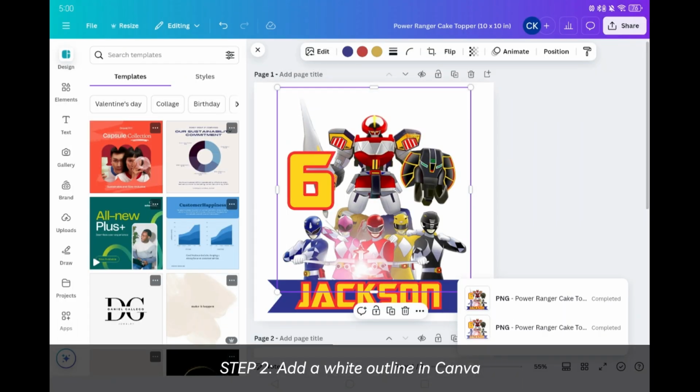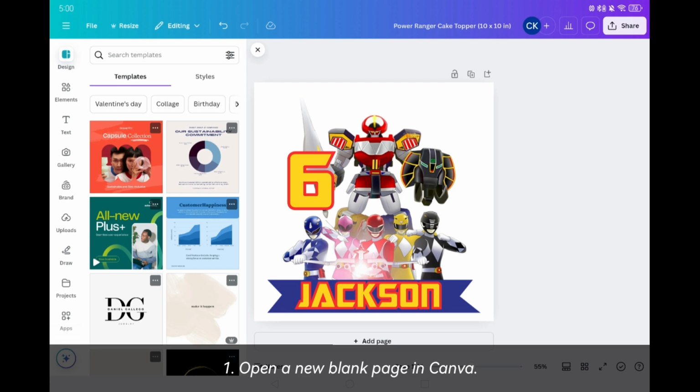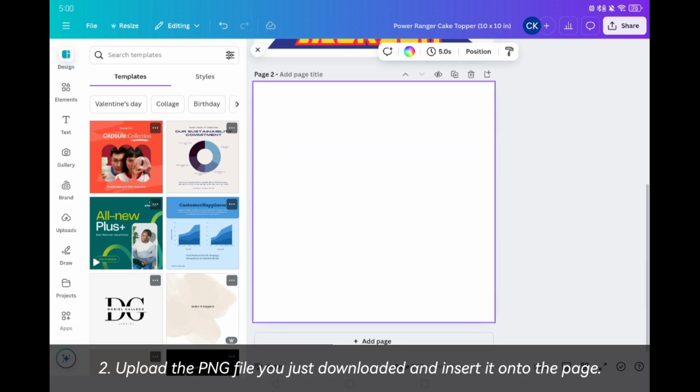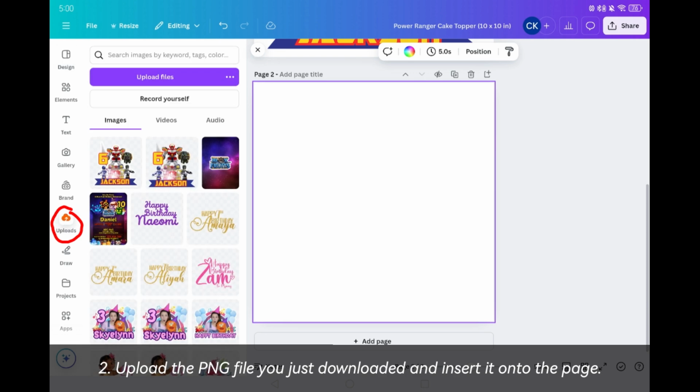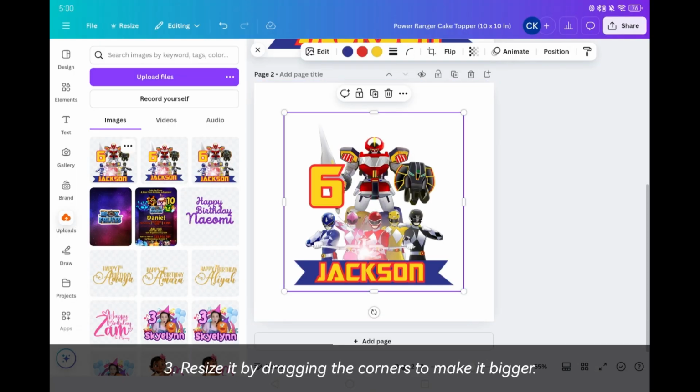Okay, next, step 2, add a white outline in Canva. Open a new blank page in Canva, so click this one. Upload the PNG file you just downloaded and insert it onto the page. Okay, resize it by dragging the corners to make it bigger.